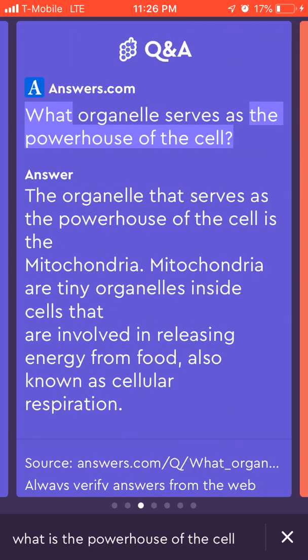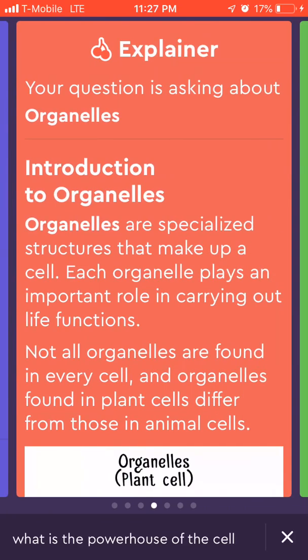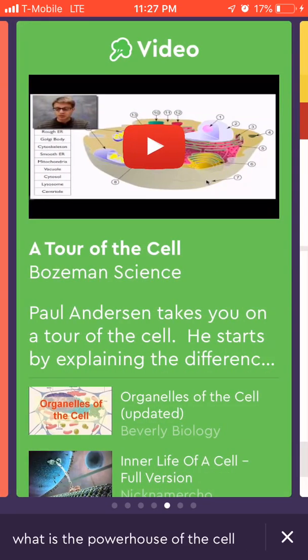And you can just keep swiping, and it'll show you what highlighted sections of your question is being answered. And then also it'll direct you to videos on YouTube that apply to some of the basis of your questions,